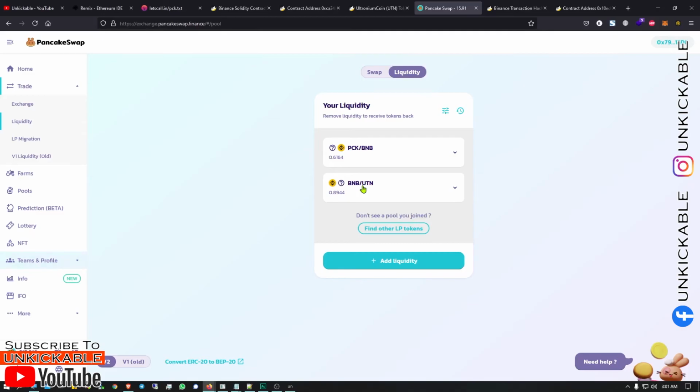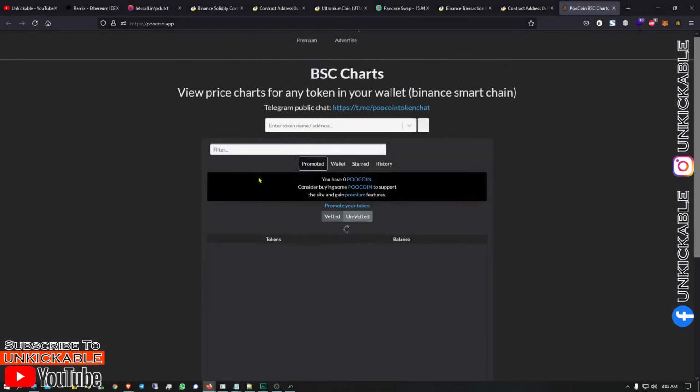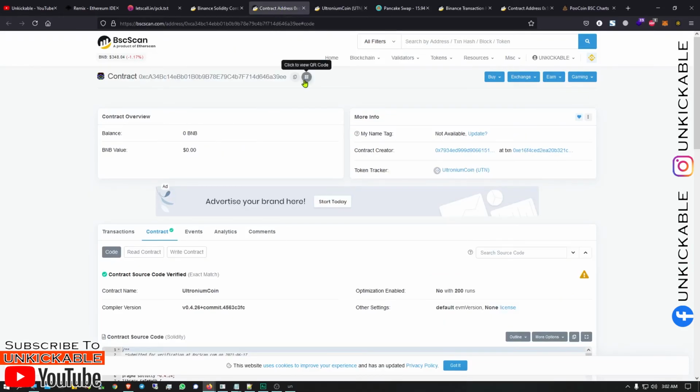Now the next thing is to check out its total value on the market. So let's go ahead with that. Go ahead with PooCoin.app. We are going to go ahead with the token ID or address.